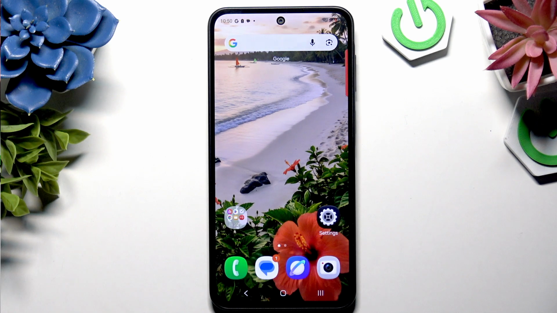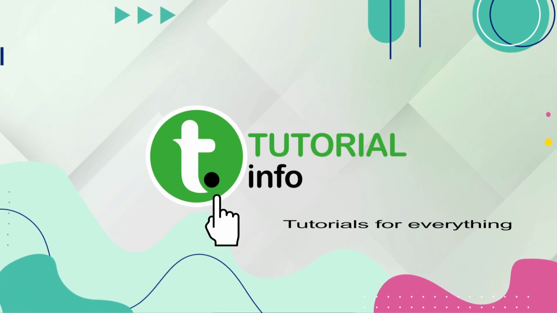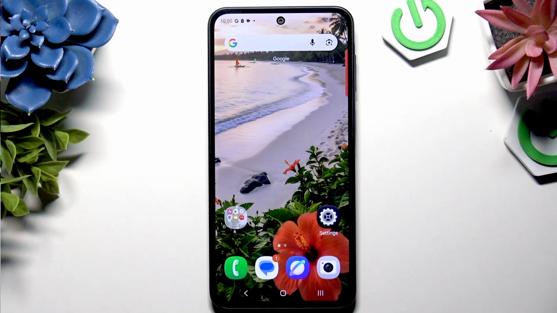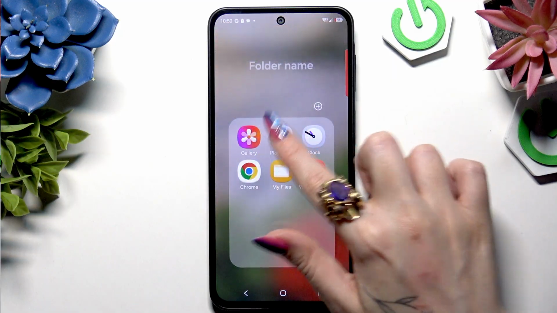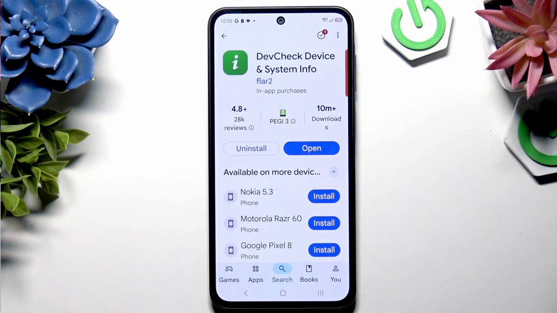In front of me is the Samsung Galaxy A27, and today I would like to show you how you can check all specifications of this Samsung. First of all, you need to launch the Play Store to download a completely free app called DevCheck Device and System Info